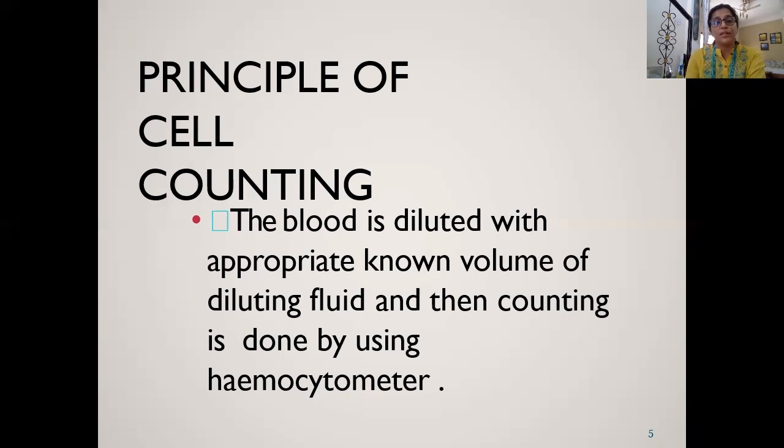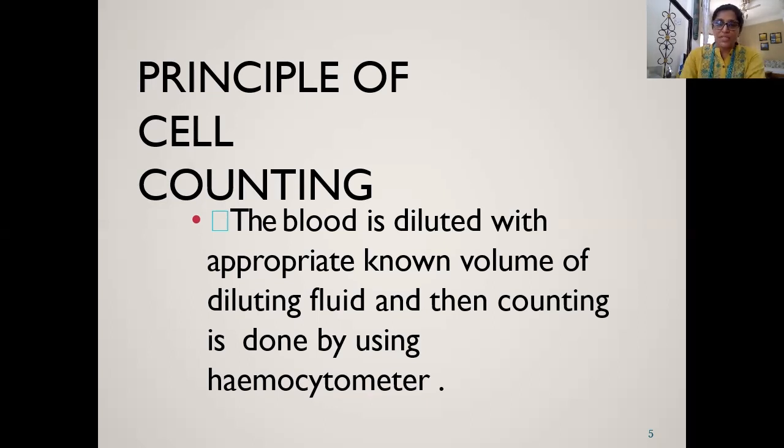Say, for example, I am adding the WBC dilution fluid. This dilution fluid will make sure that the WBCs are visible and all other cells of the blood are not visible. So it becomes not only easy, but also very logical to study the blood, which is fresh in nature, immediately extracted, and which is a very good indication of our clinical conditions.